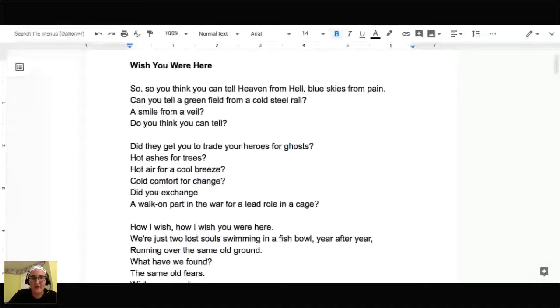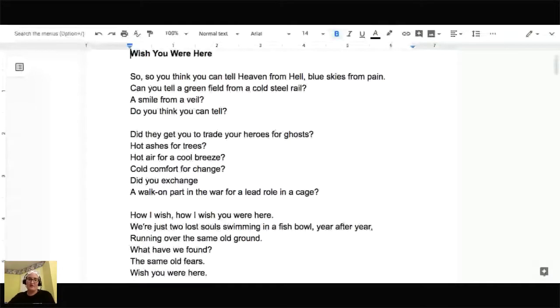Where is it? Yeah, I see some, yeah, so you got pain, rail kind of rhyme, you rail and veil. So A, and you want to go like real specific, so yeah, so I got A, B, B, kind of like A, B, B, B a little bit, yeah, because tell, veil, rail rhyme enough with each other. Yeah, exchange, cage. You can also just point out the words that are rhyming there. Yeah, we got a lot of rhyming towards the end, like trees, breeze. So my question is, so you got lots of rhyme going on. Is it consistent with every stanza? Ground, found.